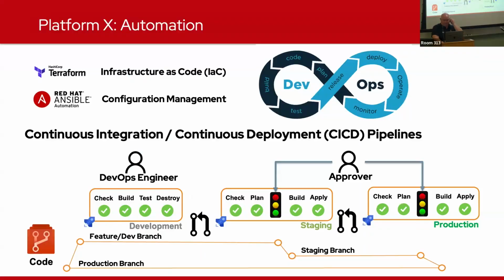Our DevOps. Big fan of automation. Automation means repeatability, consistency, and good security in general. We use Terraform, which is our infrastructure as code. We use Ansible as configuration management for doing the installation as well as configuring of our servers. We have continuous integration, continuous deployment pipelines, or CI/CD pipelines, where the DevOps engineers,